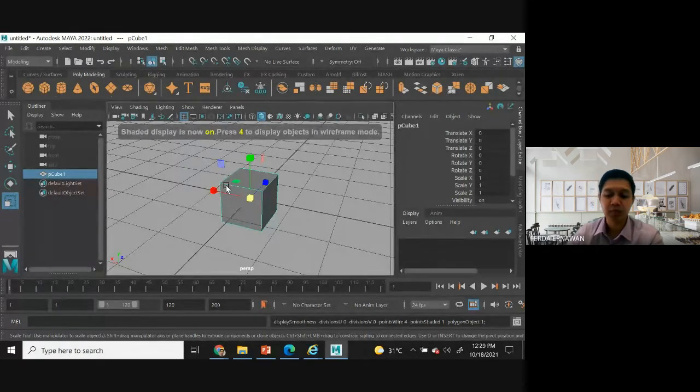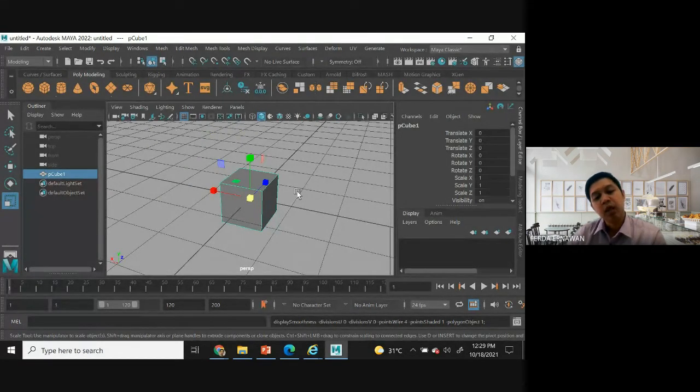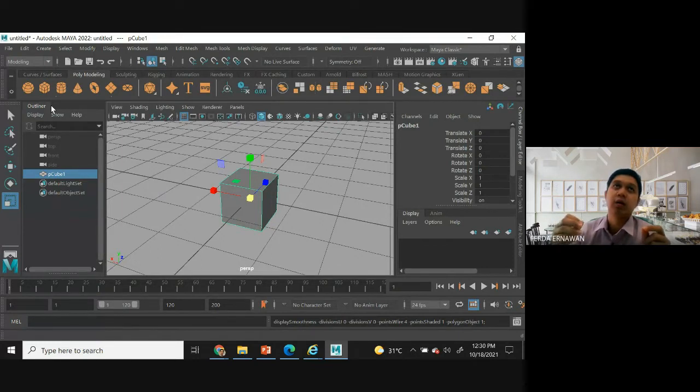And then in Maya, you can also see different perspectives. You can see the outliner here. It shows whatever 3D objects you have; whatever 3D object you have will appear here.